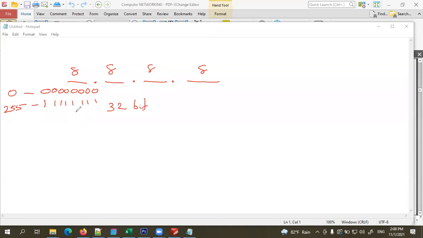Then children, you can be aware that for each portion of this IP address, we can use a number between 0 and 255. Right? So we can write more than 4 billion IP addresses using this pattern.